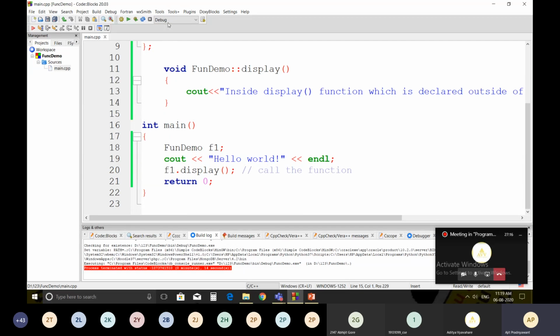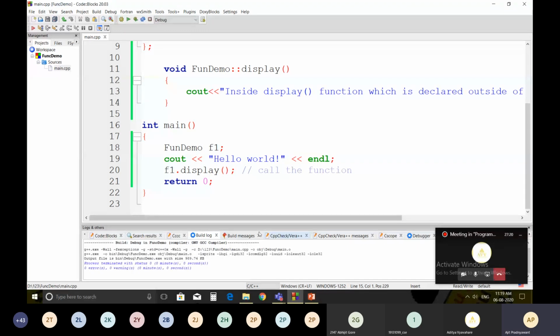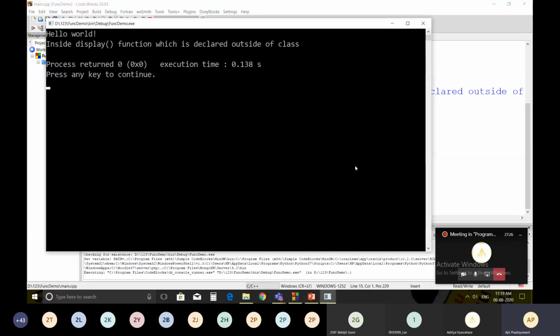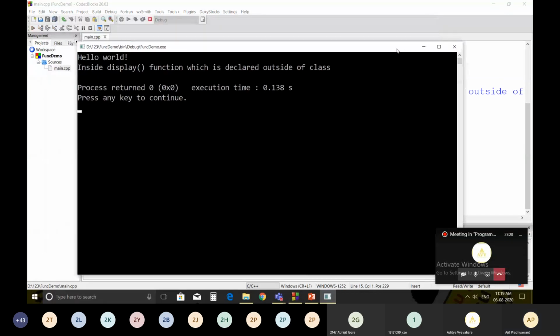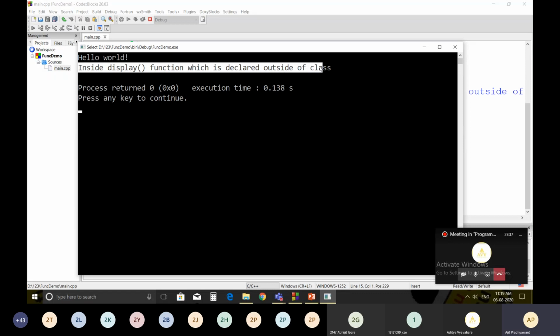So save it, compile it, there are 0 errors, and execute it. Once you execute, you will get this output: hello world, and inside display function which is declared outside of the class.